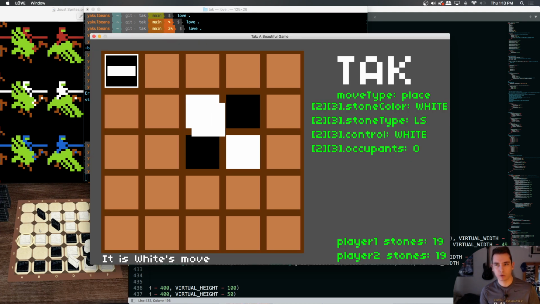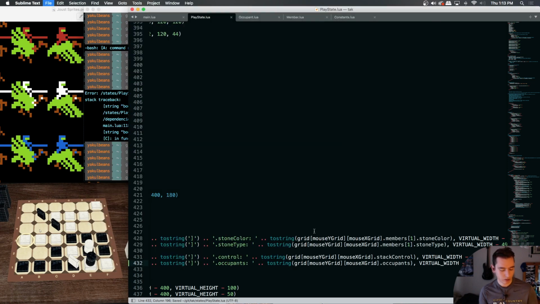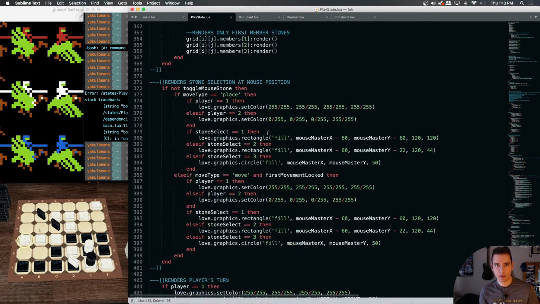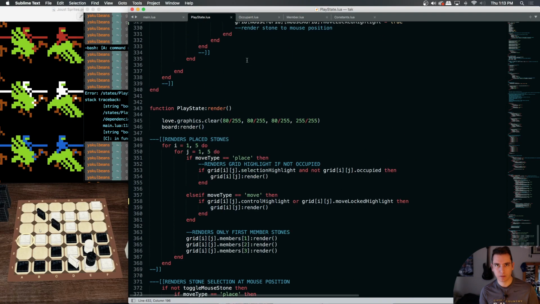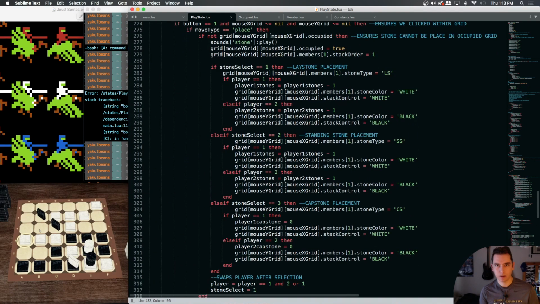Yeah, so our occupants are not getting registered properly. Once we click in a move type place, in our place state here, once we click in a move type place, we need to